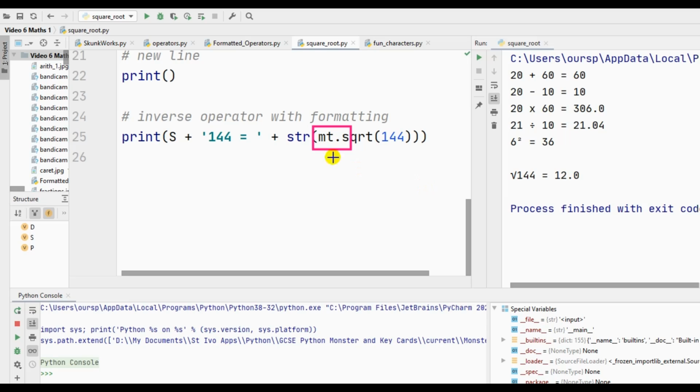You have a command word, which in this case is sqrt, which means square root, and then we have an open bracket and a close bracket where we put our data. So in this case, it's 144, obviously. Okay, well, of course, once we've got the square root of 144,